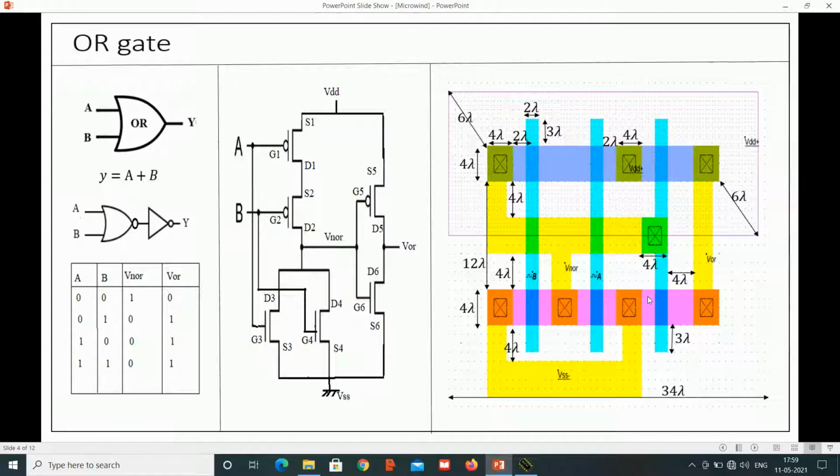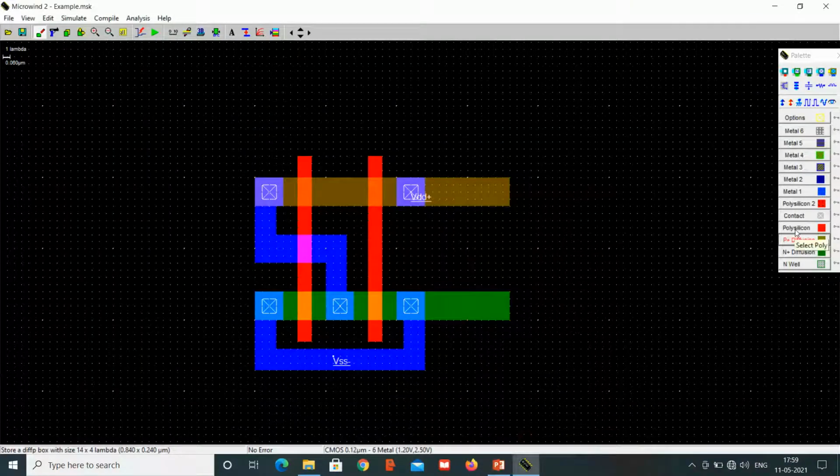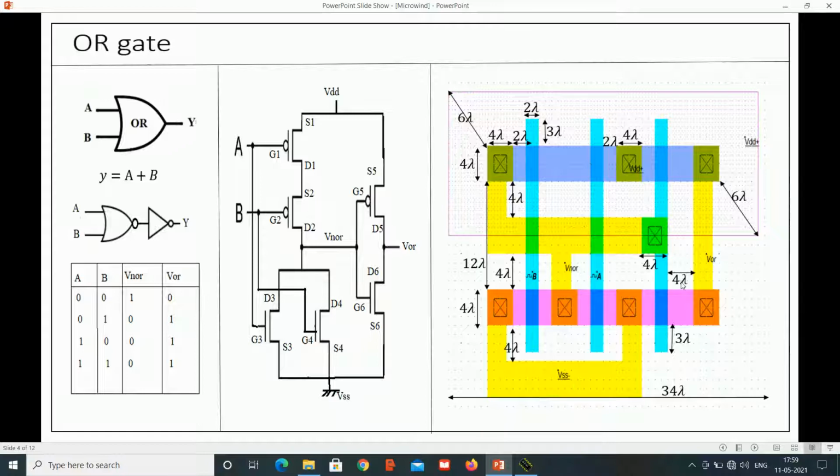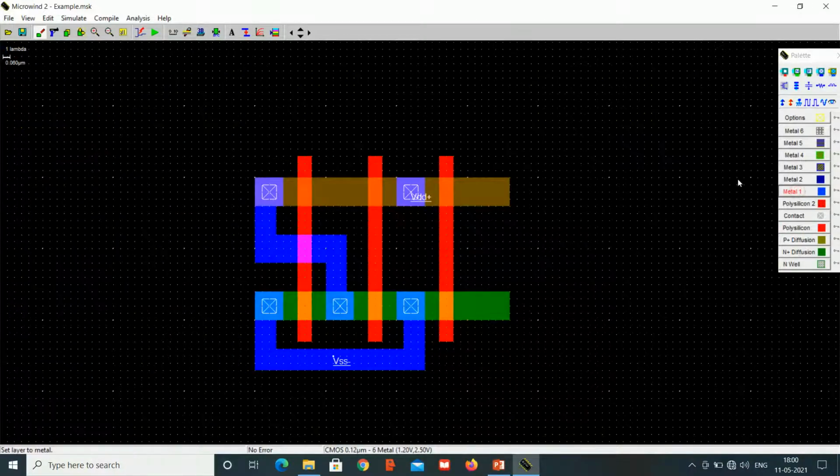Then we need to connect this polysilicon with a distance of 2 from the contact and with a width of 2. So for that select a polysilicon with a width of 2, and above the PMOS and below the NMOS it should cover 3 lambda. So now with a width of 4 lambda from this polysilicon to this metal, let us connect by selecting a metal.